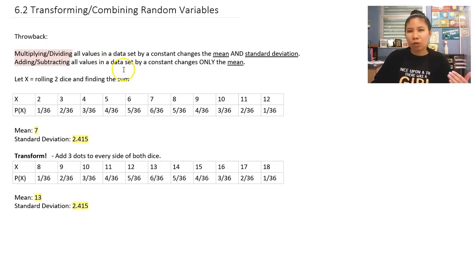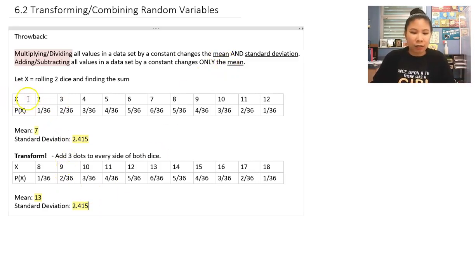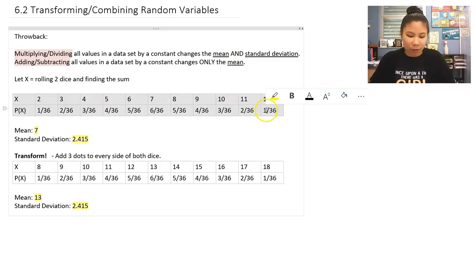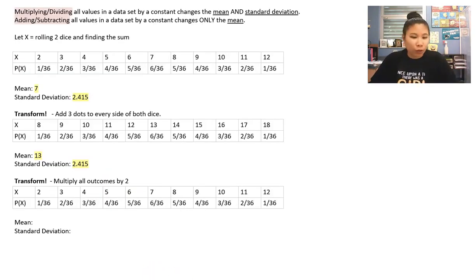So same sort of behavior. If you're adding or subtracting, it only changes the mean, does not change the standard deviation. So this time, let's try taking our original data set, or our random variable, and this time we're going to transform by multiplying. All right, so this time we're going to multiply all our outcomes by 2, which means now